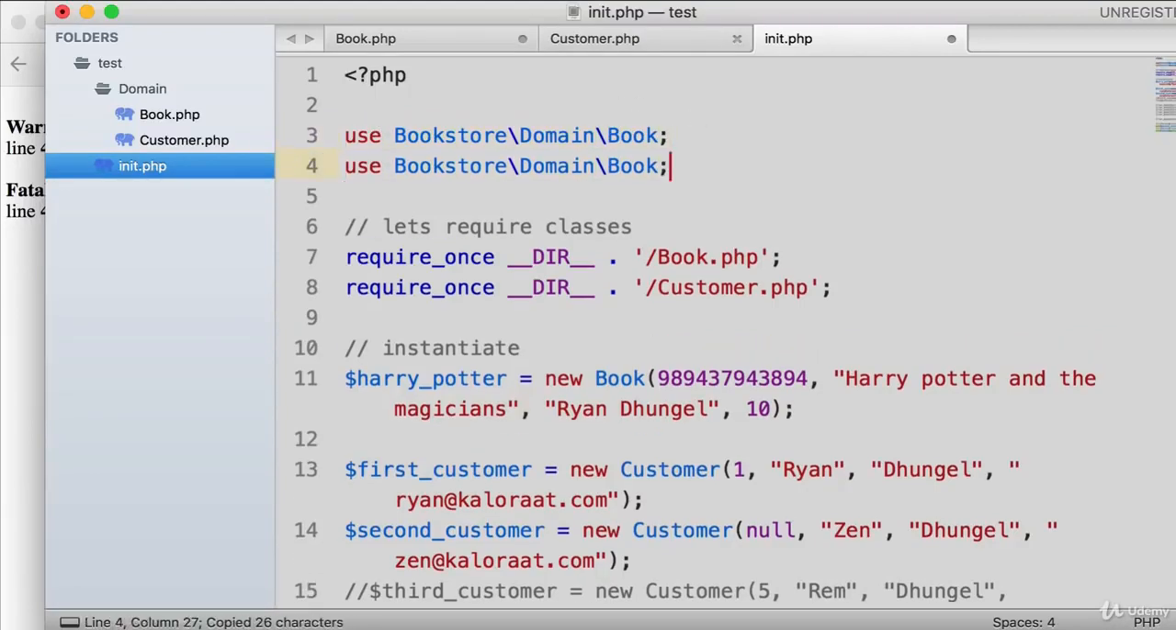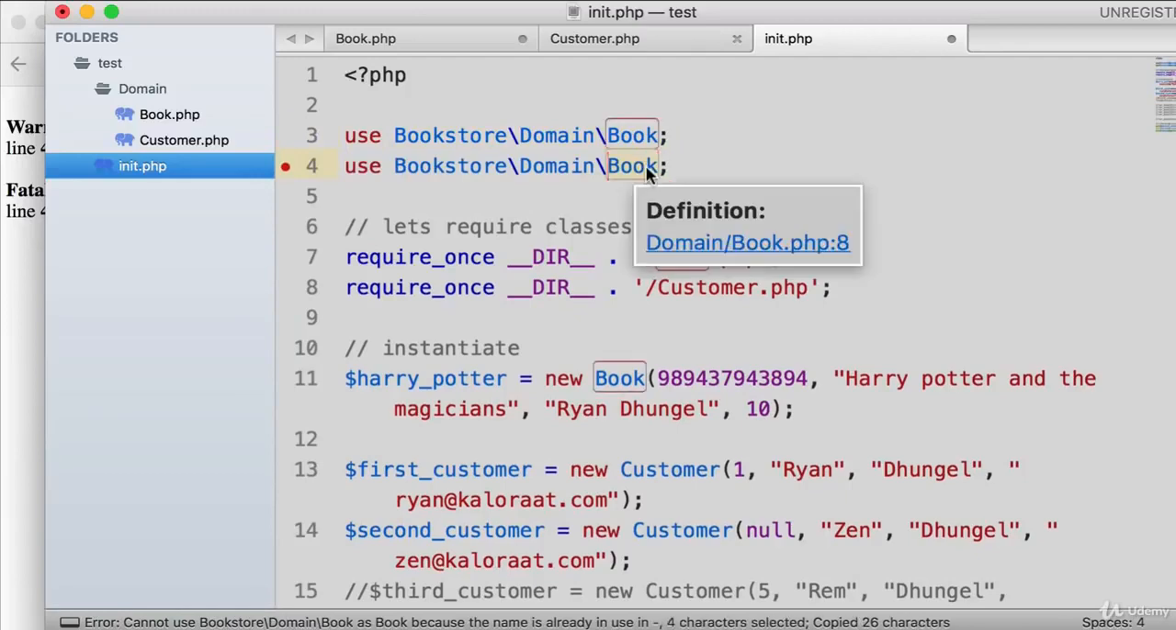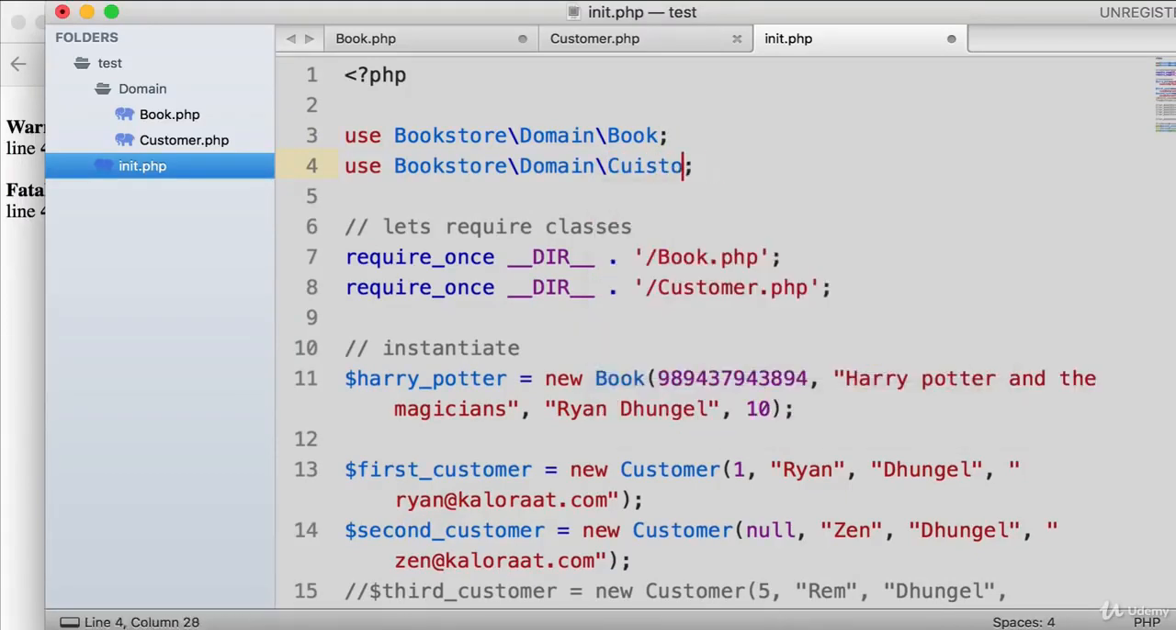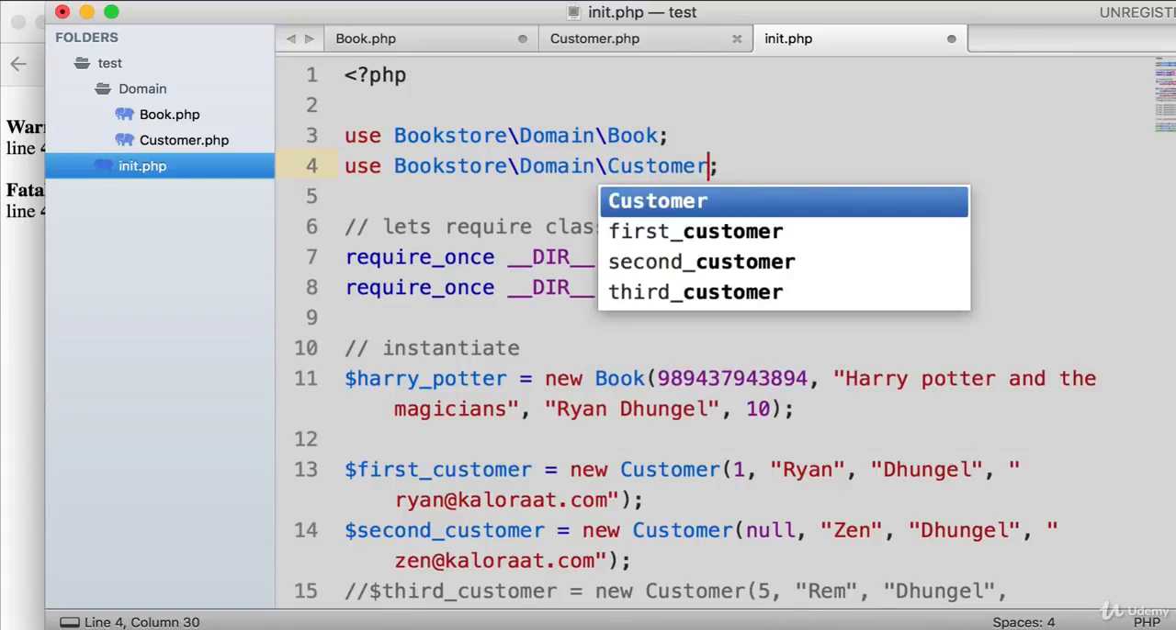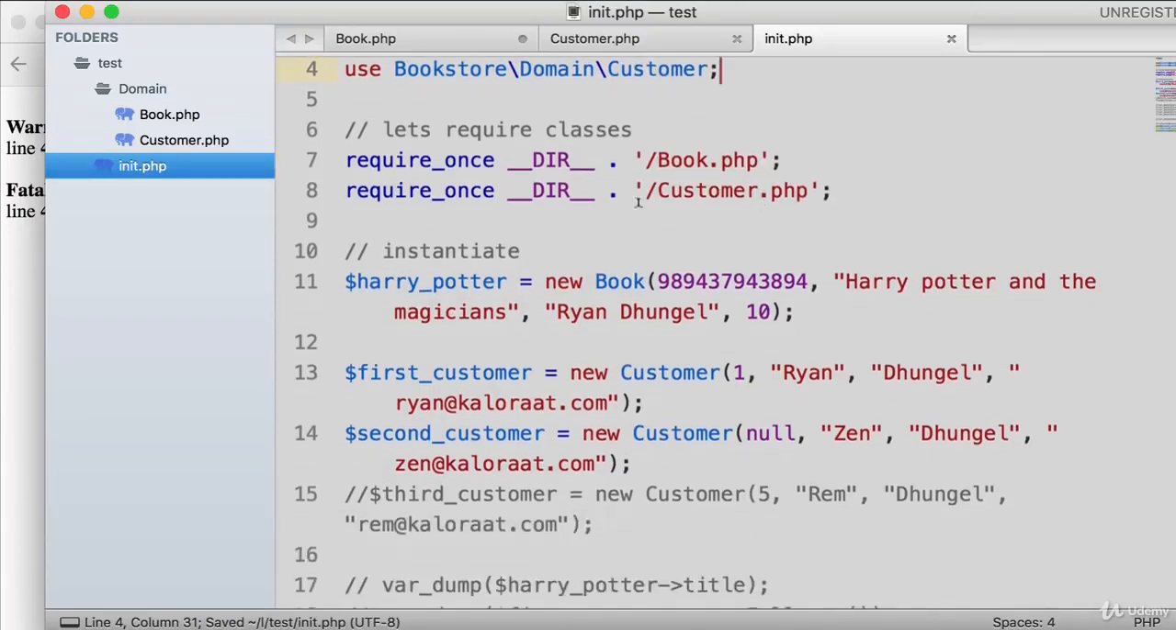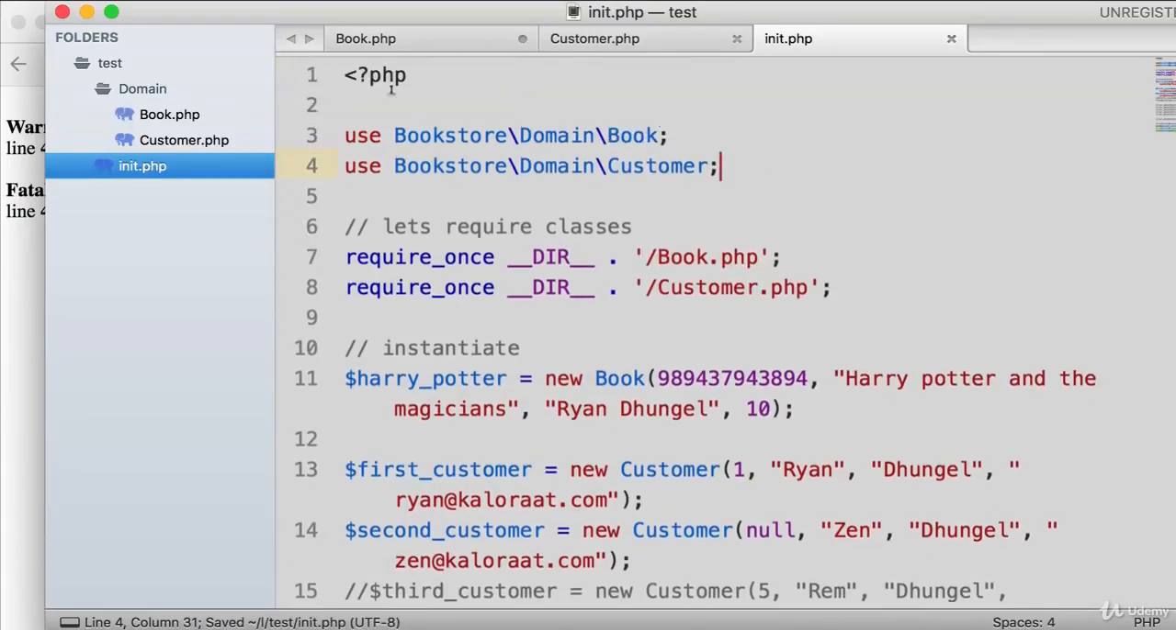Okay, now let's copy paste and do the same for Customer. Awesome. Now we have the namespace in place and we can use them using this use keyword, and you see this pattern all the time in the Laravel framework. Once you understand this, once you go through this, you'll have a great time in Laravel. All right, so